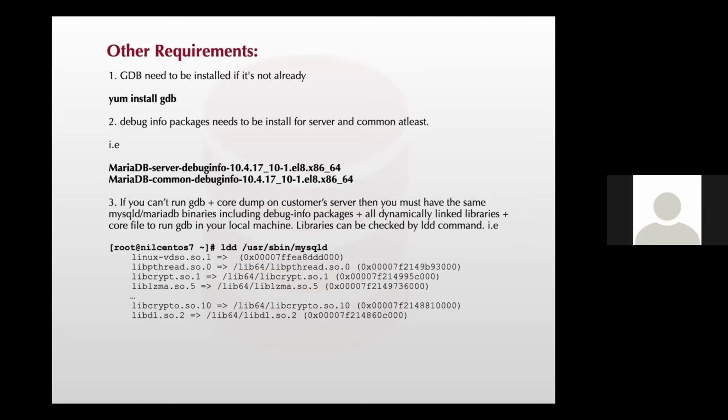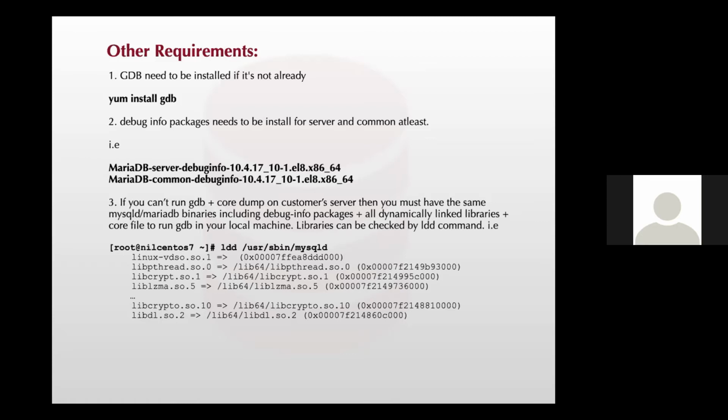Because whenever a core dump is generated, the details are stored in binary format. When you check those details with GDB, you will not get all the details, because symbols are required to get the exact details about functions, and what the variable value was at the time, session level or global level value of a variable.